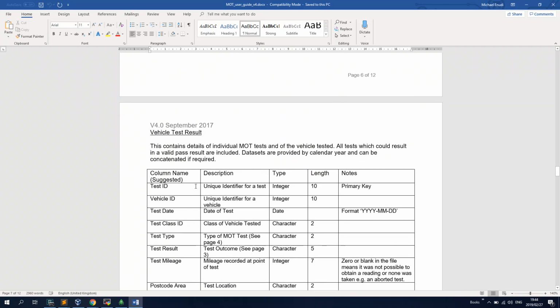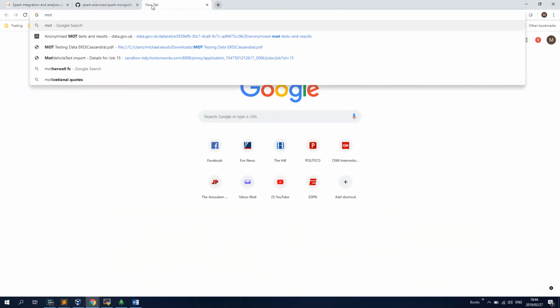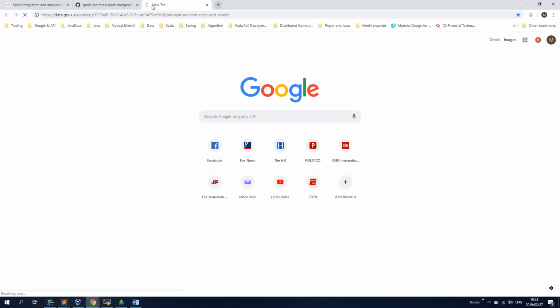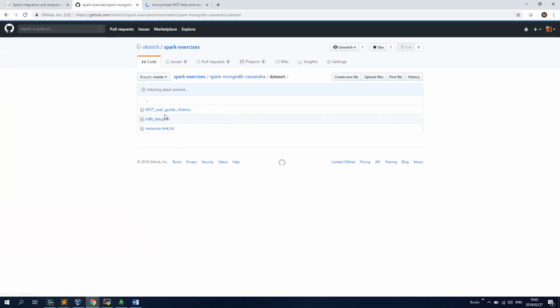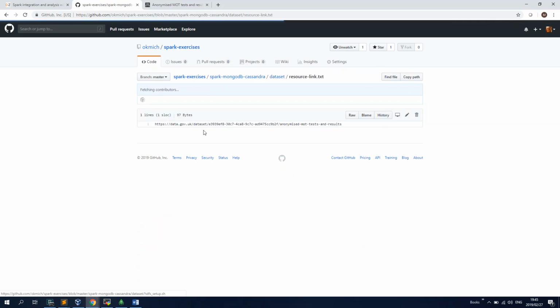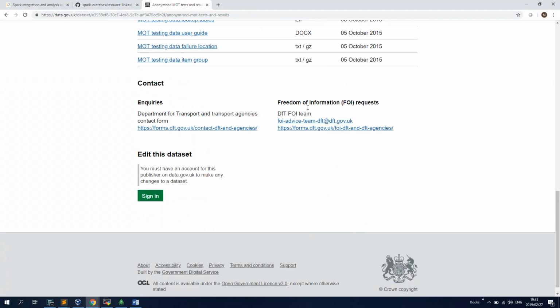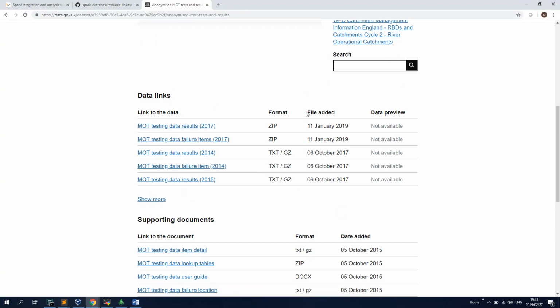So from this documentation, like I said, it is quite a large data set. You will see the link on the GitHub site, the link to get these data sets. The resource link is here, so don't worry if you don't have it. And you have a lot of data. Like I said, the smallest data here contains about 7 million records, and that is the data for 2005. And because we're doing this in a single node